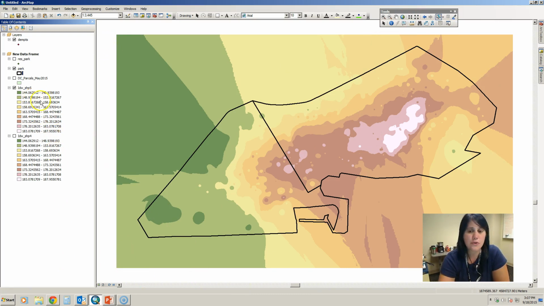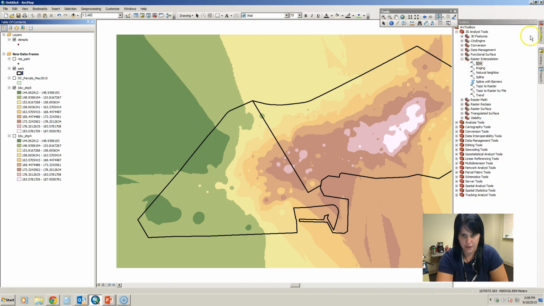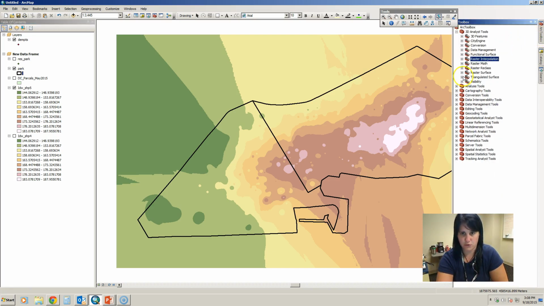Okay, so now that we have this, notice that we have it for the entire park. And what we can do now is the same thing that we have done with using digital elevation models. If we wanted to, we could actually create contours from this. And that's something you're being asked to do for your Pennsylvania temperature map, is also add contours to the temperature map. To do that, we go to our raster surface tools, contour,